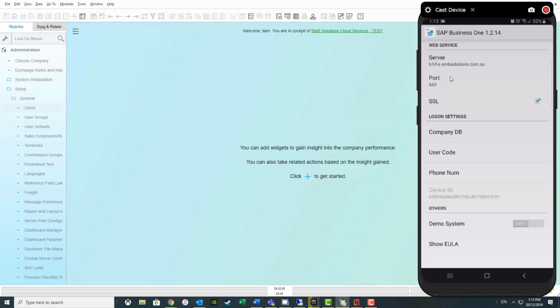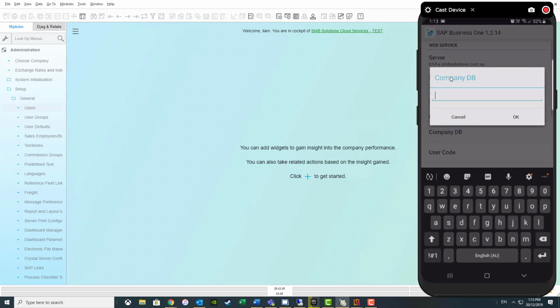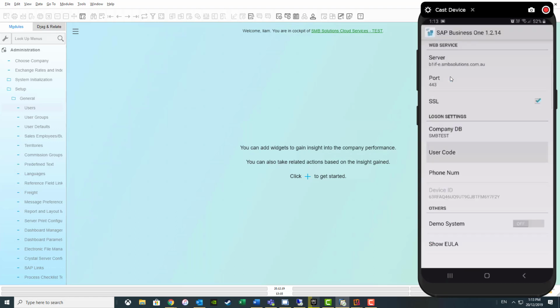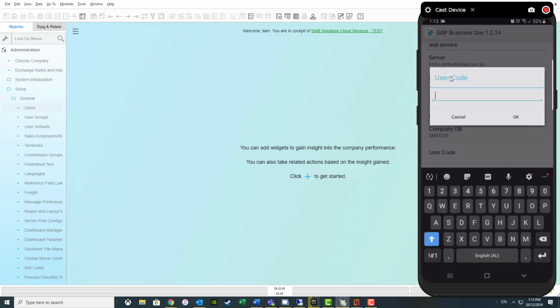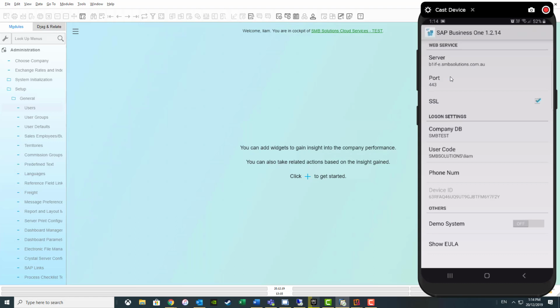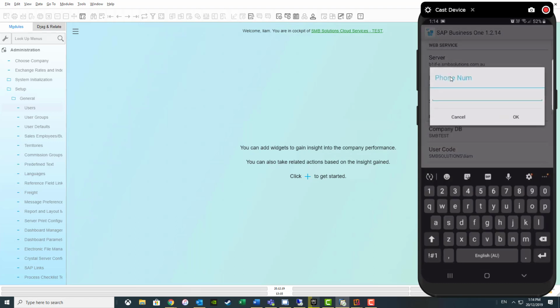Next, we want to make sure that SSL is ticked. Then we'll come down to our company database, and here is where we'll enter in the database name, then our user code or username. This is what we use to sign into SAP Business One. So remember, we always need to put in the SMB Solutions / followed by your username. Then it'll be your phone number,